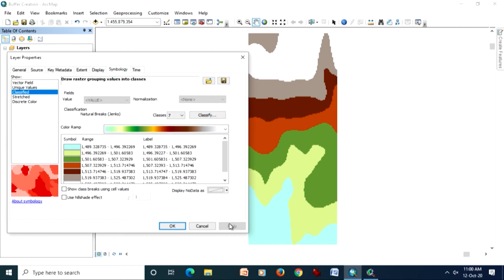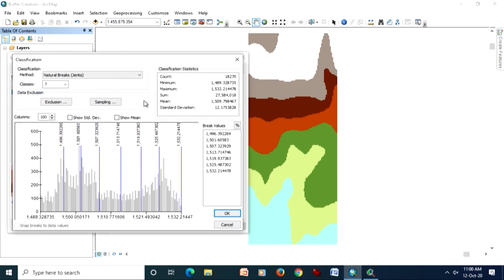You see, a slight change it has brought. Now, the point for discussion here is that different classifications should not always create different results, but all this will depend on the distribution of the data, or the simple statistics we are seeing. It is not necessary that all classifications will produce distinctly different results. It will depend on the data.